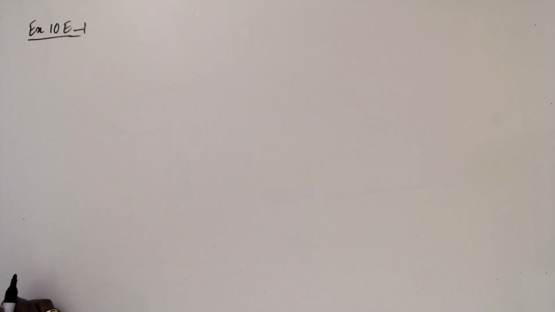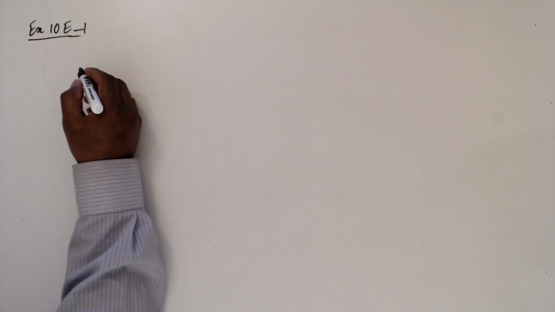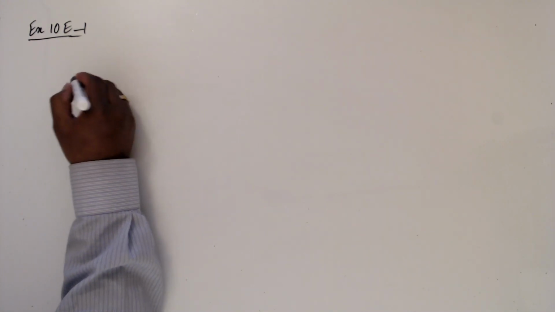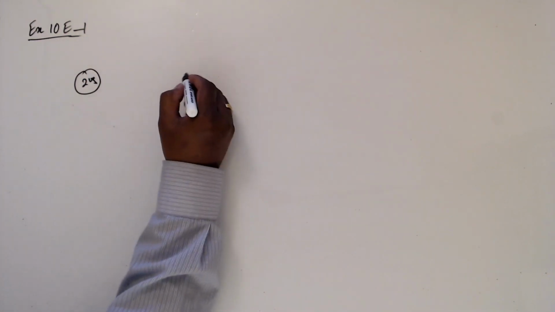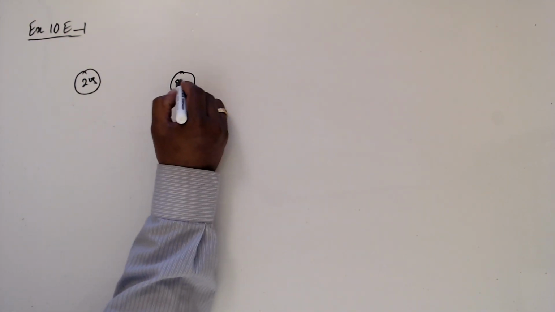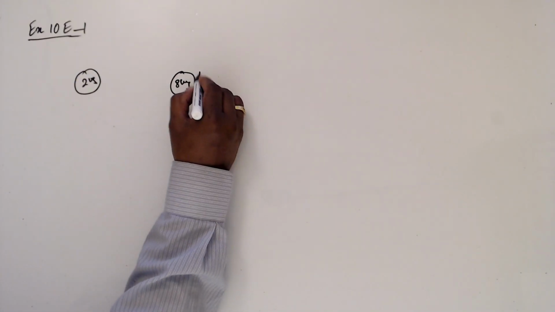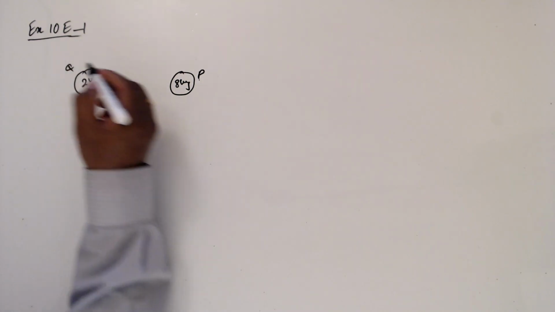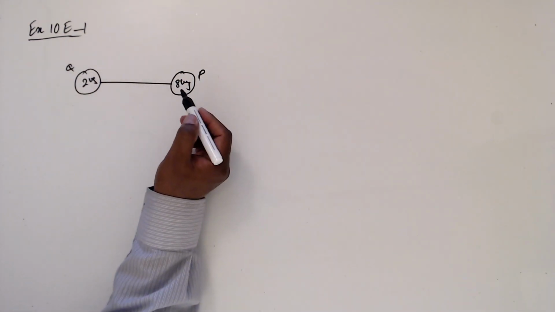Exercise 10, question number 1. Two particles, one is 2 kg and one is 8 kg. The particle, this is 2 kg and this is 8 kg. So they name this P particle, and this is Q particle, and connected with the light string,